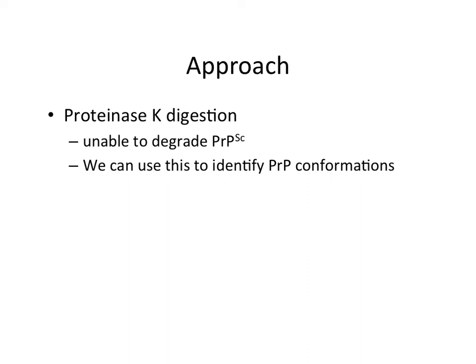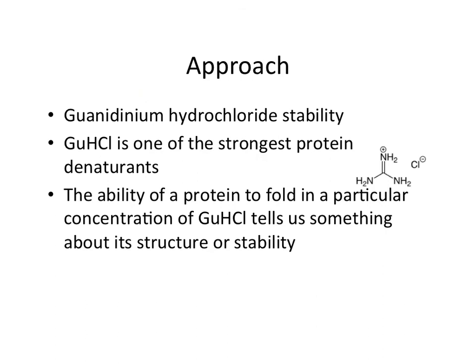So we can use this to identify whether or not we've got prion proteins in their cellular conformation. If you've got a bunch of protein, you throw a bunch of proteinase K on, and if the protein disappears, you know it was the normal protein. If it sticks around, then you know it's prion protein. That's the scrapie conformation. So that's one approach. Another one